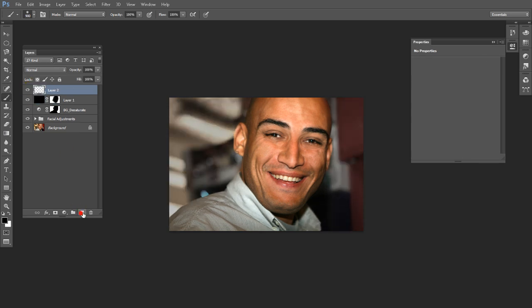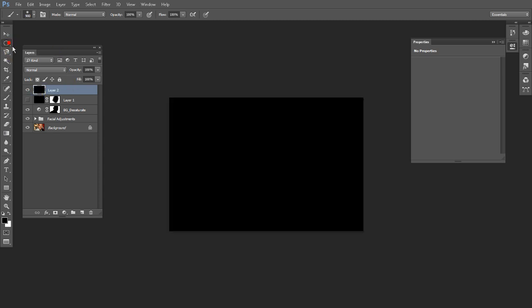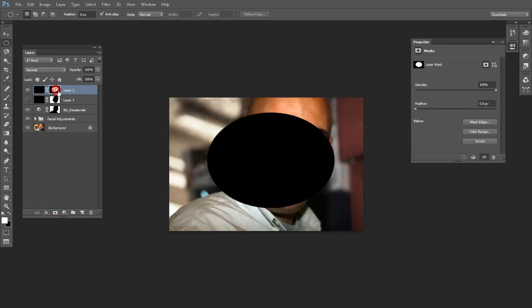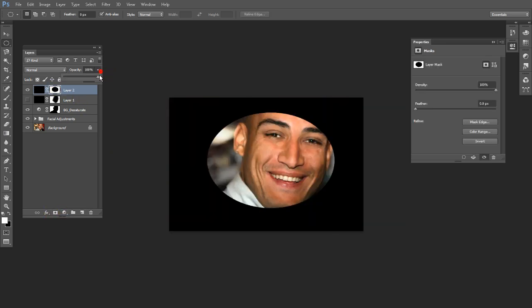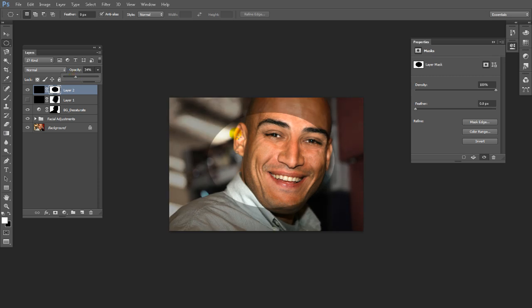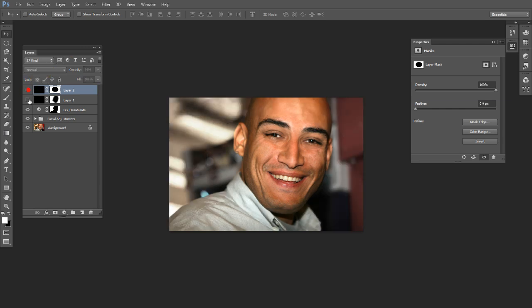Now, let me show you an example of a bad vignette. Make it black. We'll go to our marquee. We'll drop a layer mask on here. We'll invert it. Okay, and I'll even play with the opacity. I get this a lot. Not a lot, more than I should. Where it's just this harsh line. And that's not what you want it to look like. You want it to look soft, and you want it to look subtle. This one looks soft and subtle. You don't even really notice that it's there. Okay, but this one you definitely do. Even if I kept this up to 100%,